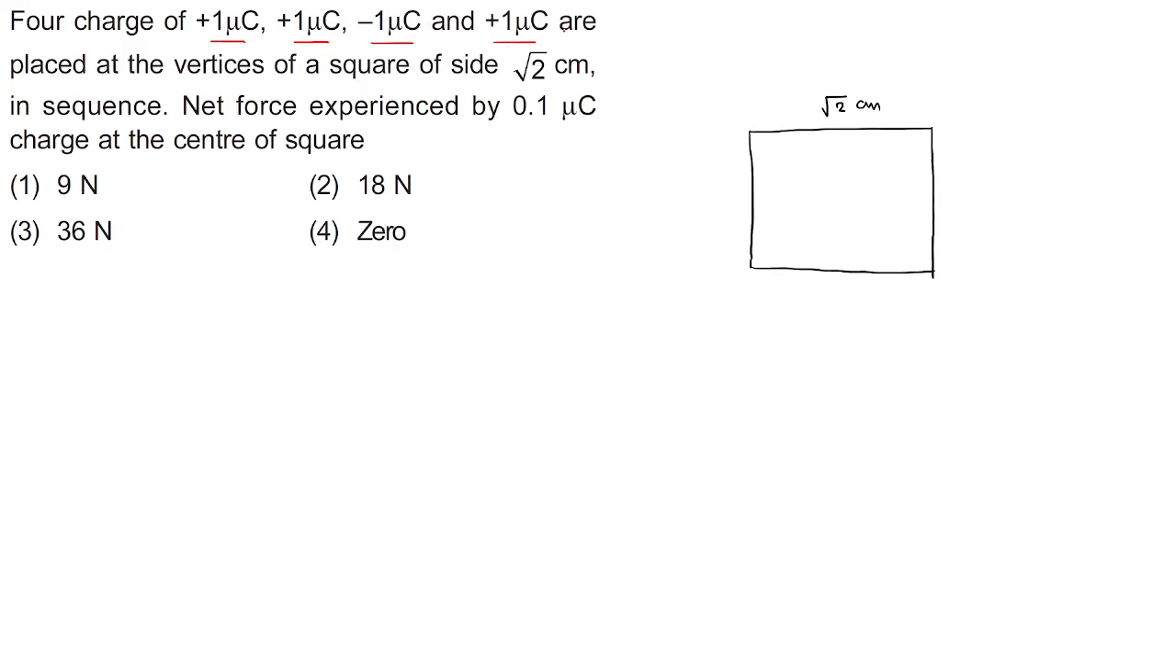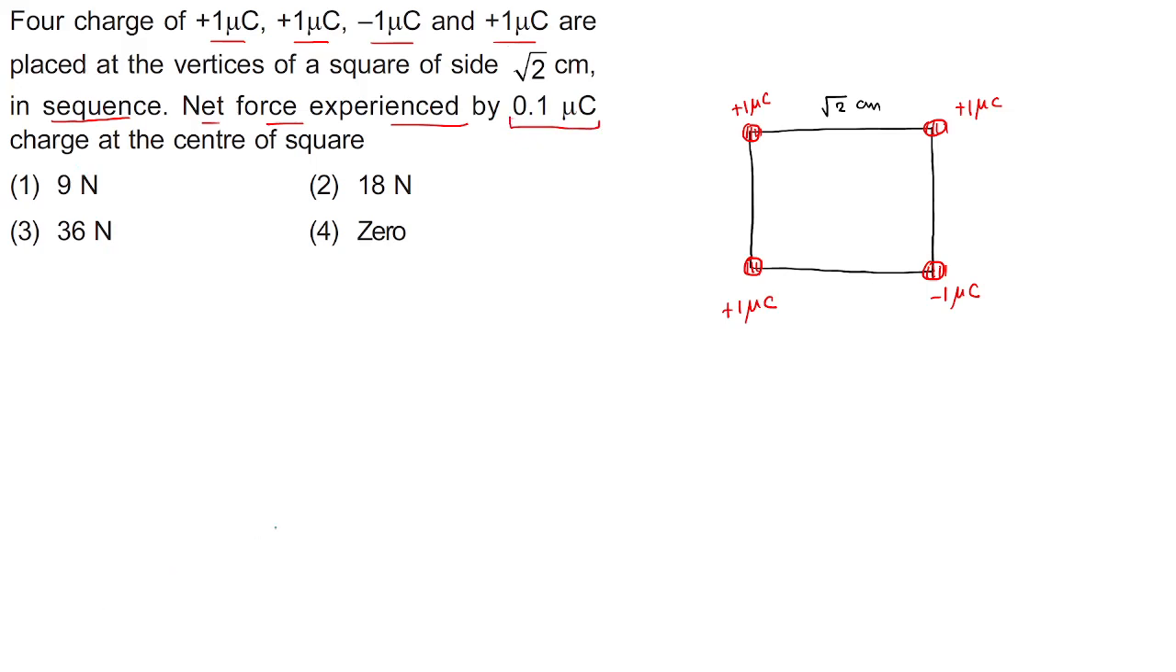Four charges, plus 1, minus 1, plus 1 microcoulomb, are placed at the vertices of the square in sequence. If we put a plus 1 microcoulomb charge here, then we put a plus 1 microcoulomb charge here, a minus 1 microcoulomb charge here, and a plus 1 microcoulomb charge here. We have to find the net force experienced by